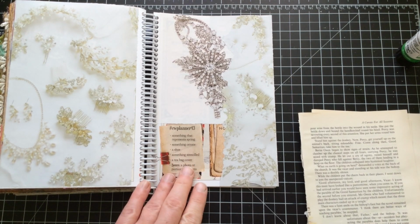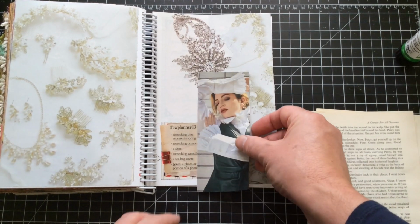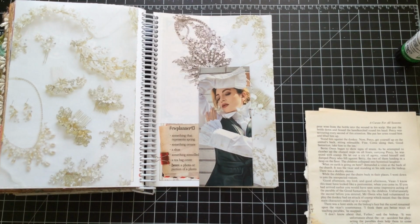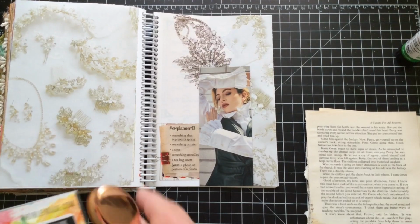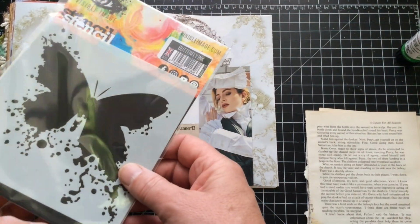Right, so I've got all of that. I'm just grabbing for things at the moment. Right, she might go there. I want to get the stenciling done, and I think the butterfly might go up there. Right, this is a stencil by Visible Image,